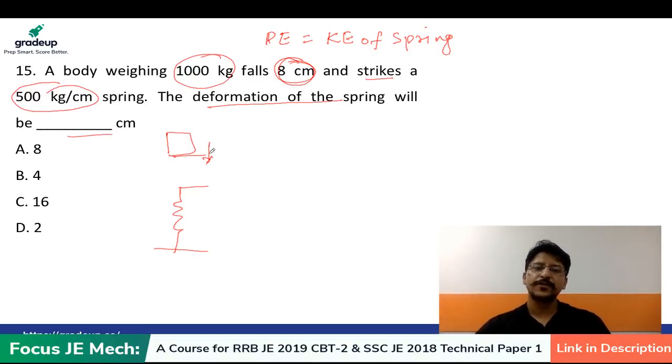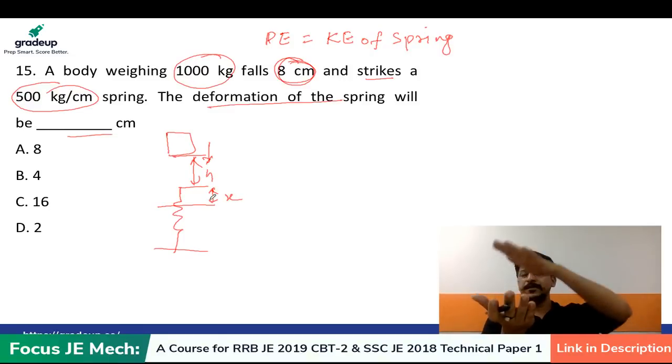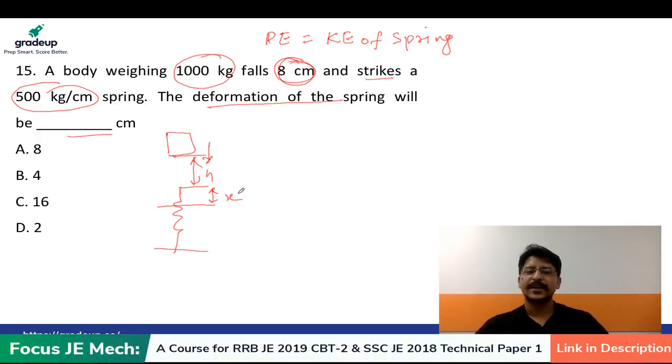So potential energy will be equal to, let us say that this body falls up to here, and this is the H. Okay, this is H and this is your X. Because when the body presses on the spring, the spring will also go somewhat down, and they both will travel some distance that I have taken as X. So potential energy will be equal to M into G into (H plus X),